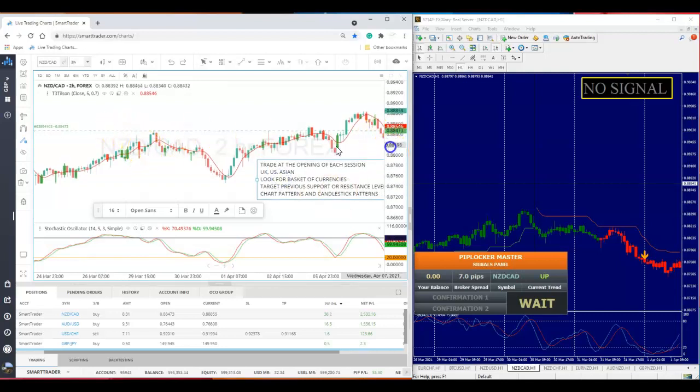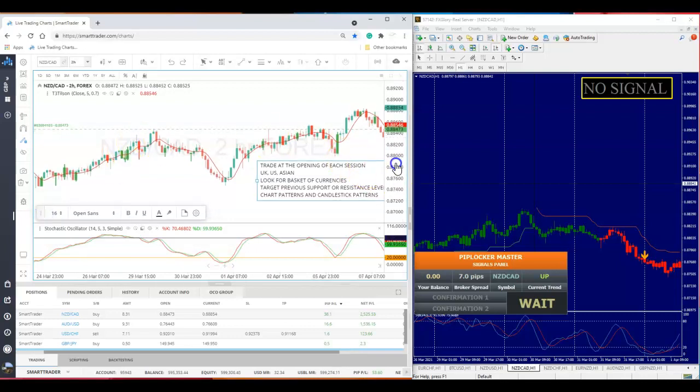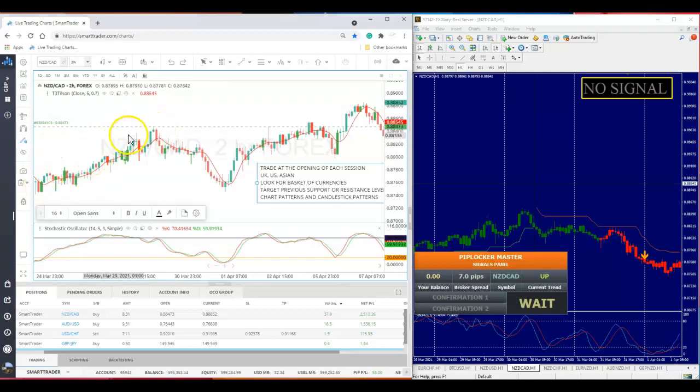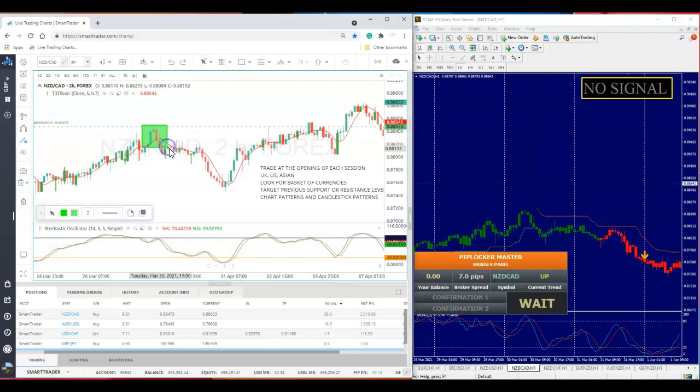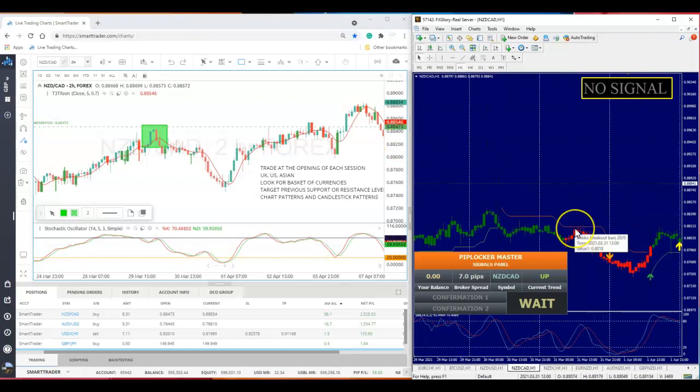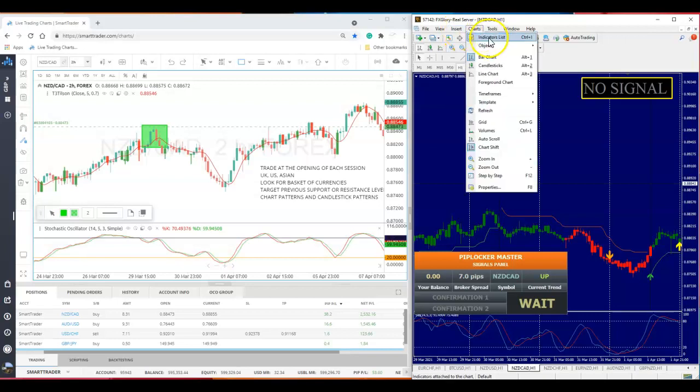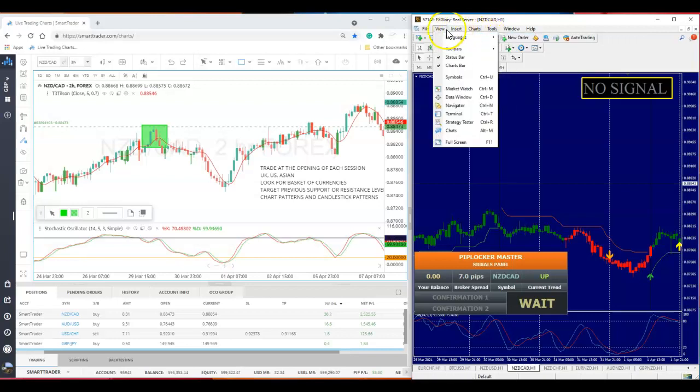If you do know, there are only about 11 candlestick patterns that you need to know. And you have double tops, double bottoms, evening stars, morning stars, bullish and bearish engulfing candles. Notice here, after a long rally, we have on the New Zealand Canadian dollar an evening star. And that appeared on March 30th, and there it is on the pip blocker and Forex trend rider indicator. We have a nice